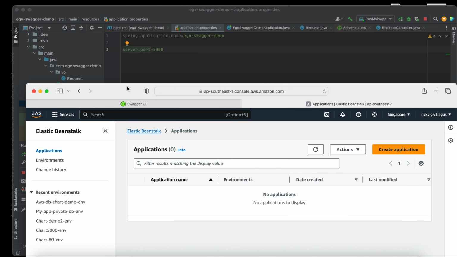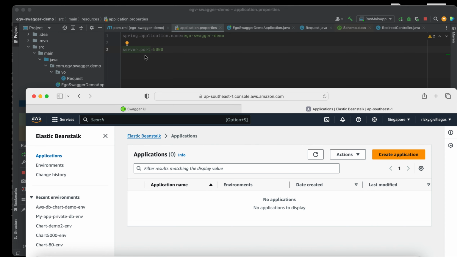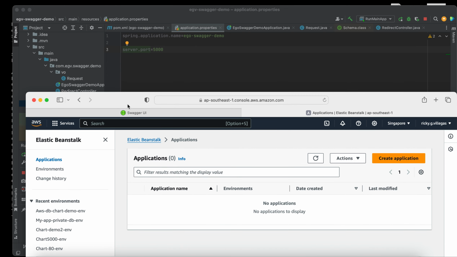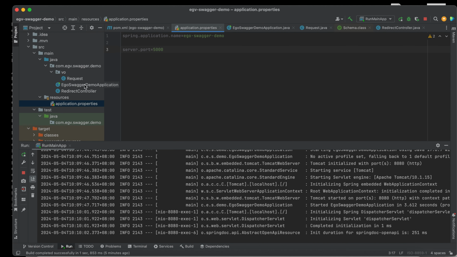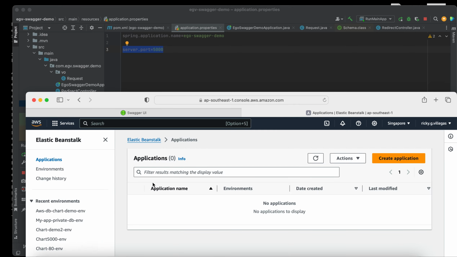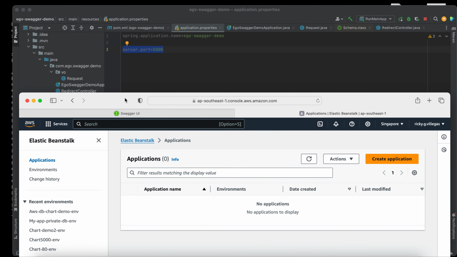So that's why we need to use 5000. We should always remember, when we deploy to AWS Beanstalk, to use 5000. Otherwise, we cannot hit our URL using the AWS URL.